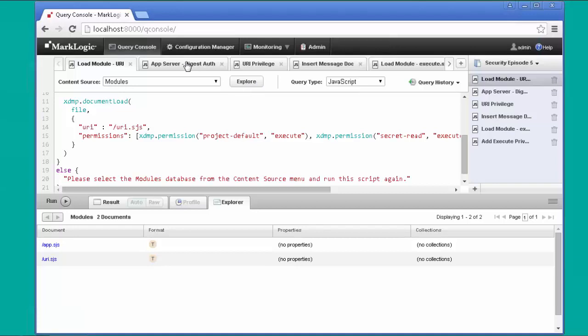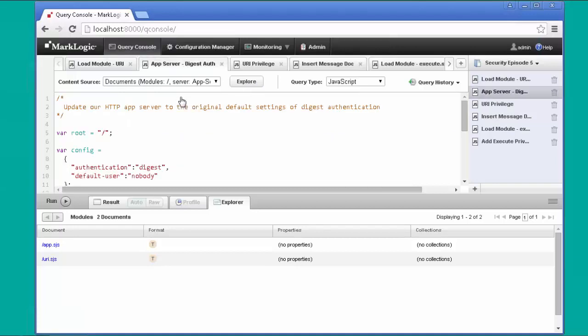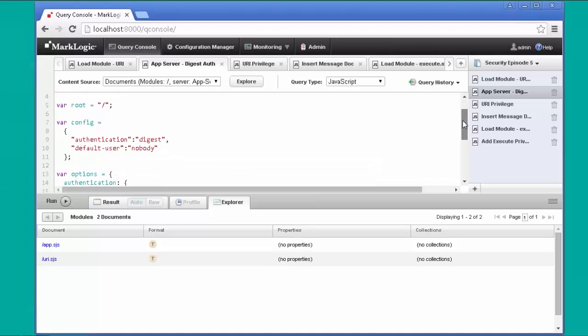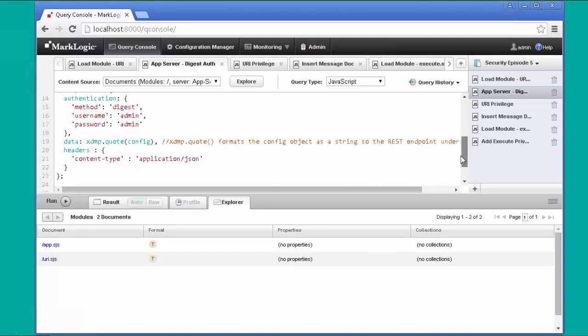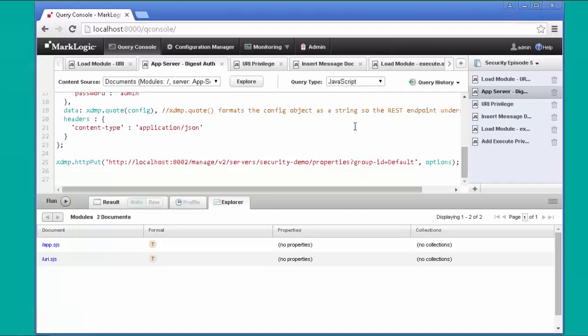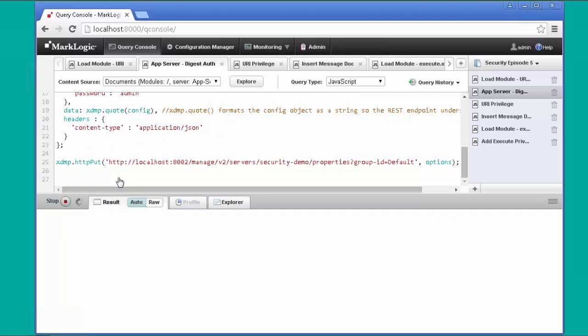Just so we can actually test this as Bond and log in as Bond, let's take a look at tab 2, where we're going to change that app server back to its original setting of digest. It was application level at the end of episode 4. We're going to use the management REST API and the server's endpoint to change that back to digest. So let's go ahead and run this, and once it completes, our app server will now be back to digest,